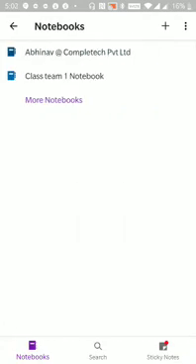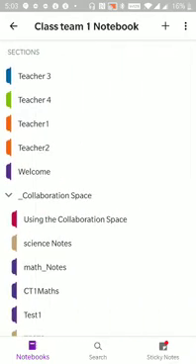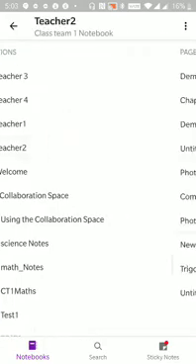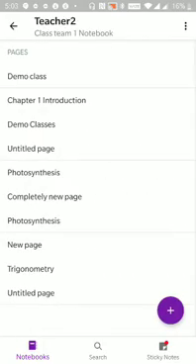तो सबसे पहले I'm gonna open OneNote app and as you can see in my OneNote I have multiple notebooks. I'm going to choose Class Team 1 notebook as a demo account here, and here as you know you can see multiple sections named after each subject teacher for a class or a team. I'm going to choose teacher 2 and here is the list of pages so far created by me in my